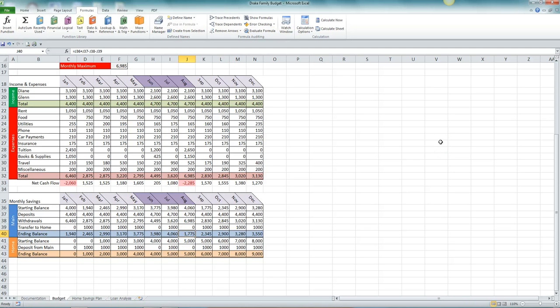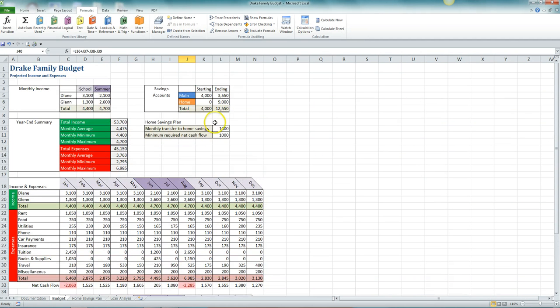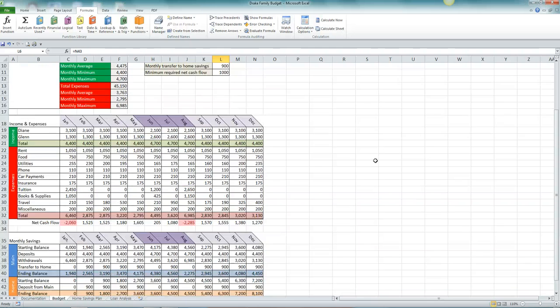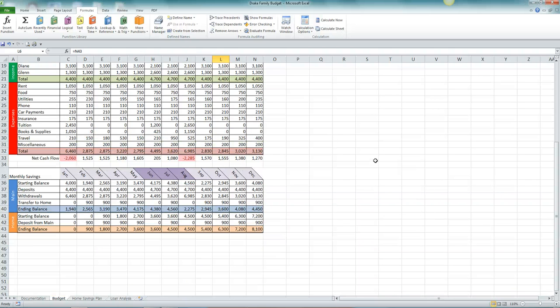This is a little too low for Diane, so change the value in cell L10 to 900. With this savings plan, the couple will save $8,100 there toward a down payment on a home, and the balance in their main savings account will remain over $2,000 every month except January. Scroll down, we got our savings account every month except for January, right? It stays above